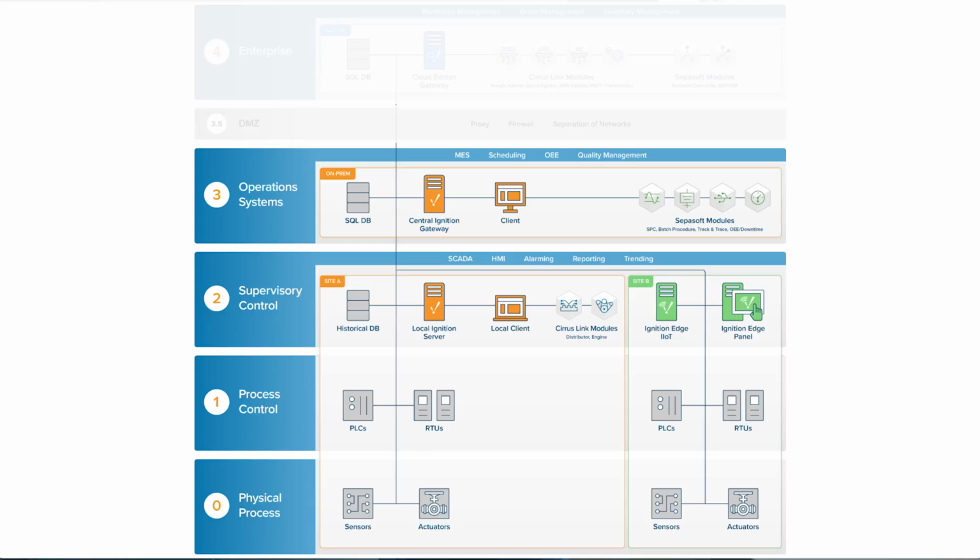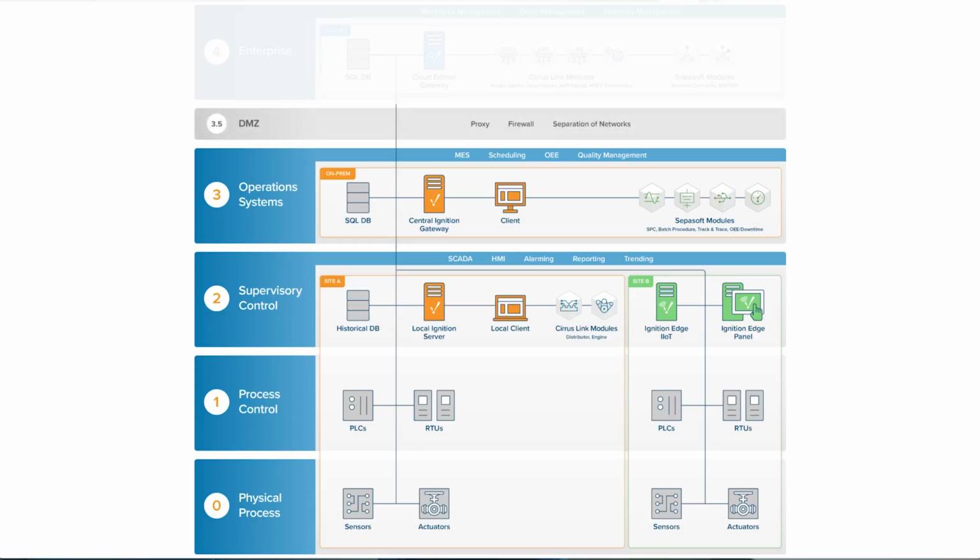These MES modules assist with complex recipe and batching processes to provide complete traceability, decrease downtime, and improve OEE and SPC. MES helps to connect the production line HMI SCADA systems in Level 2 with the more business-oriented applications like ERP in Level 4. But before we get to Level 4, we have to go through Level 3.5, the DMZ,